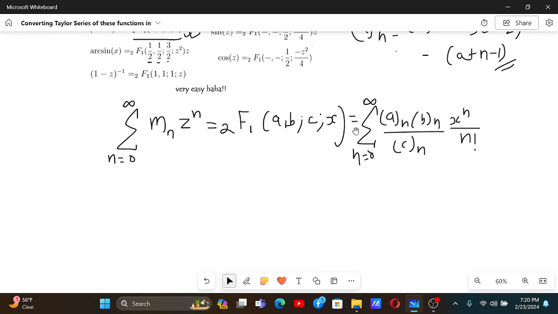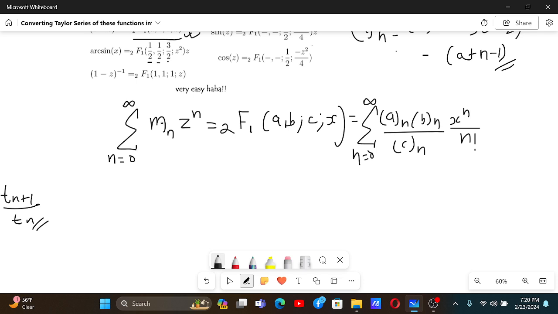Now if you want to compare these two, comparing them directly will be hard. So what we can do is compare the ratios of t n plus 1 by t n from both the sums. Because if these two series are the same, the ratios should also be the same. That's why we will compare the ratios of t n plus 1 by t n from both of them